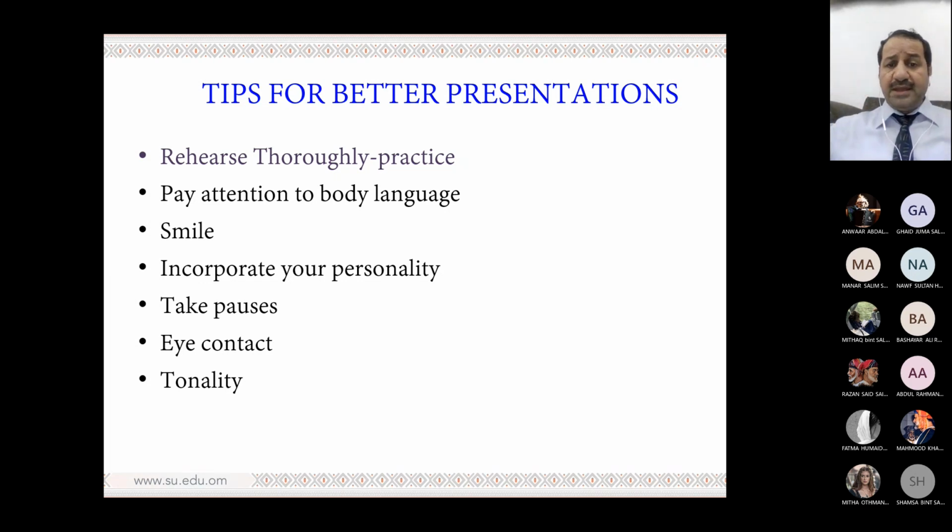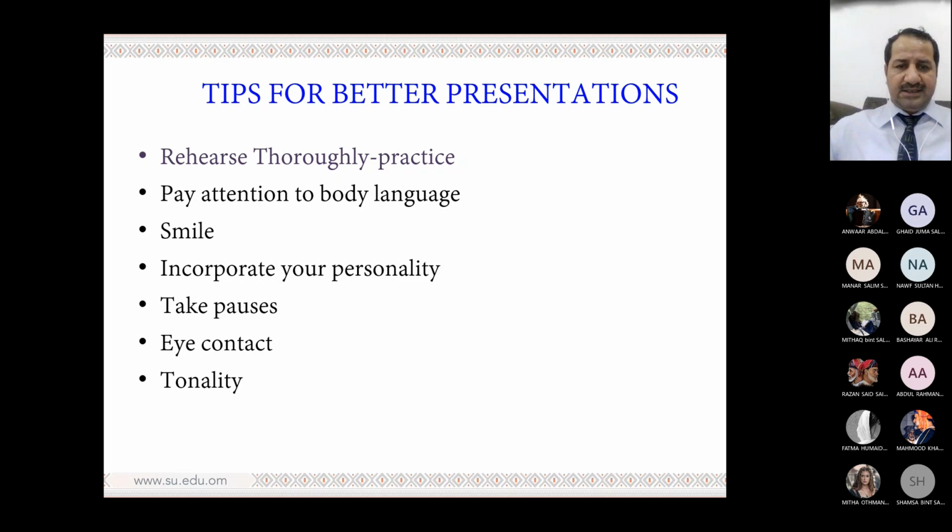Pay attention to body language. Use your body language. You see, while I'm talking, I'm using my hands. I'm moving right and left. Smile as much as you can. Don't come to the presentation looking sad or not confident enough. No, smile all the time, which is a good transfer. And by the way, this is not only for a presentation or a project. In your life, smile as much as you can. This is important. It spreads from your face to others, like influence.